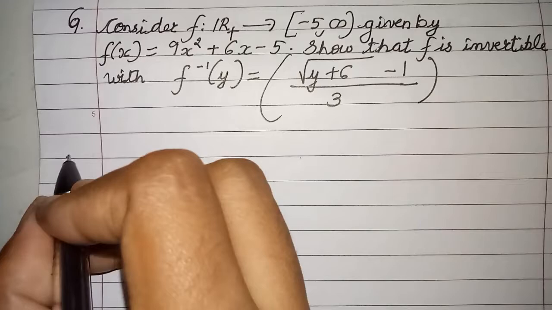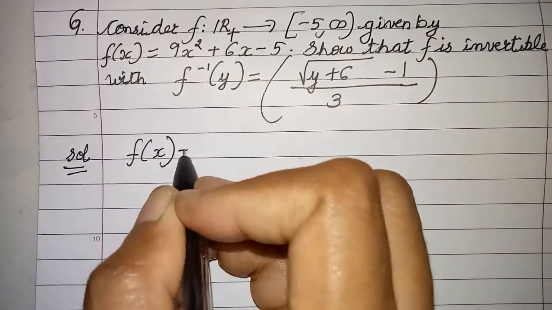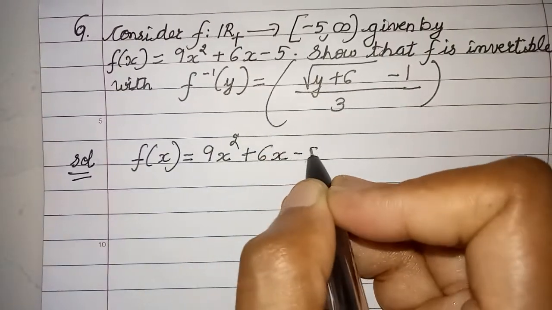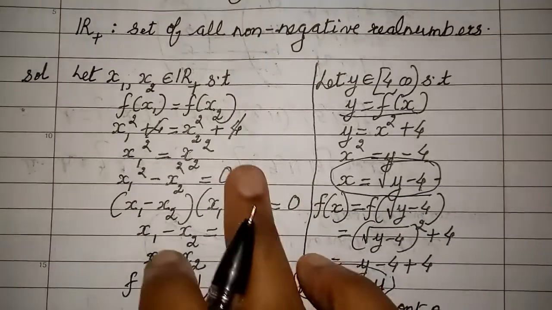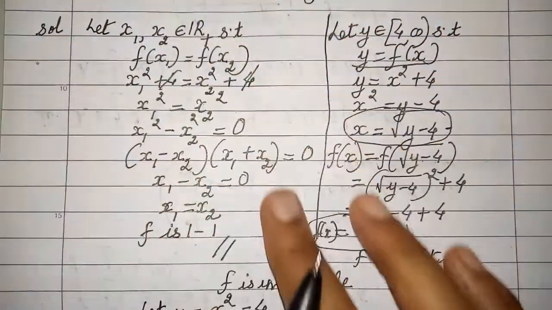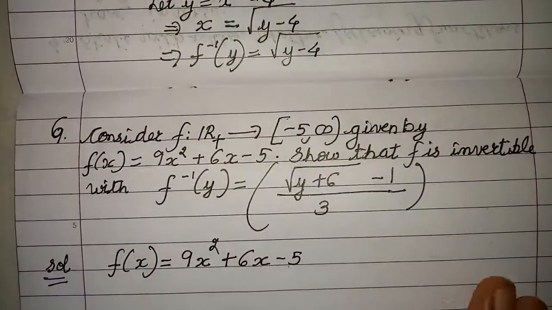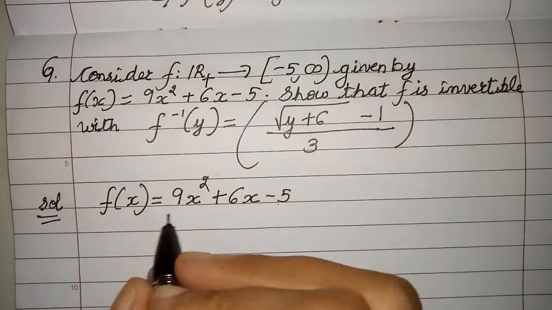But children, before solving this, you can see that my function f of x is a quadratic equation, right? It looks very complicated. If it was like the previous problem, where you had just x square plus 4, you had to do so many calculations. So what I am going to do here is try to simplify this and make it into some easy form so that when we solve the problems, we will be able to do it quickly.